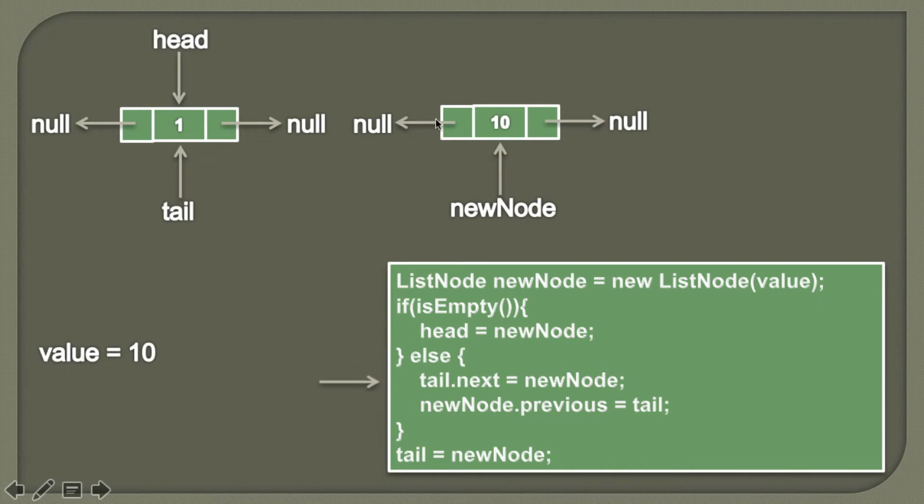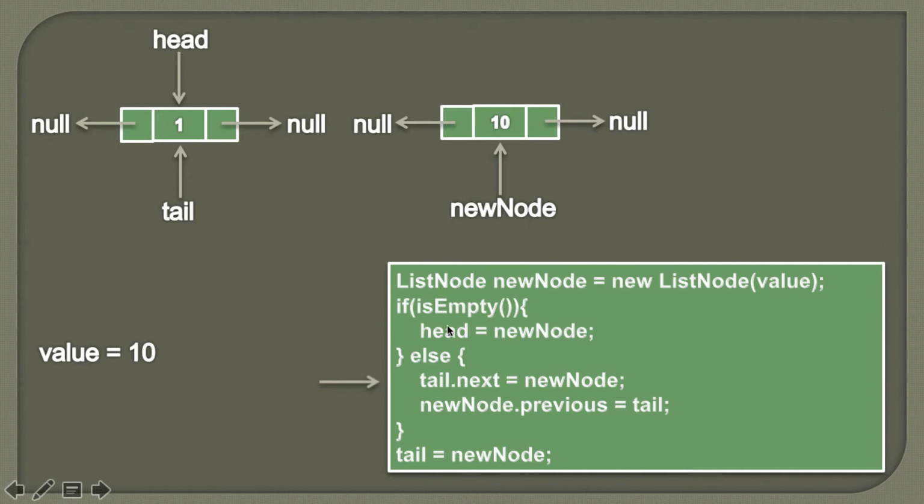In order to insert this new node at the end of the doubly linked list, we know that the doubly linked list currently has one node, and if we want to insert this new node, it would come just after this first node. Therefore, in order to insert this new node into the doubly linked list, first we need to point tail next pointer to this new node, and then we need to point new node's previous to the tail node, because the adjacent nodes in a doubly linked list refer to each other.